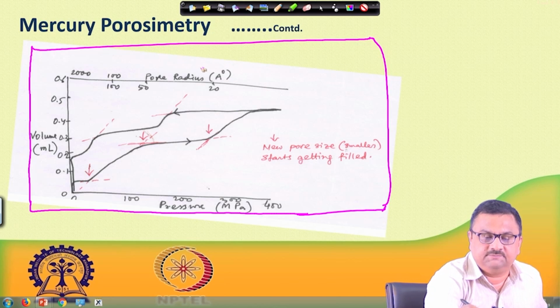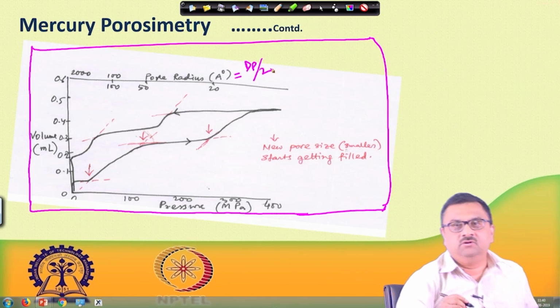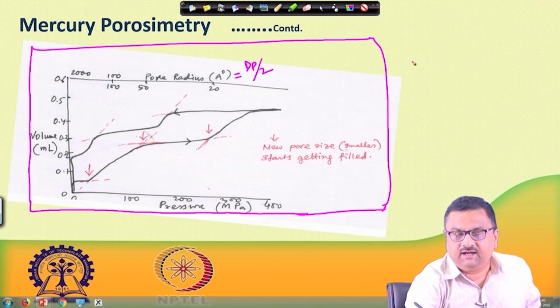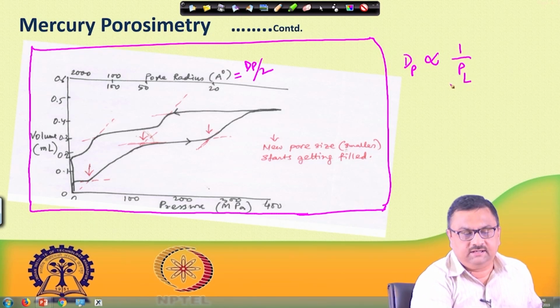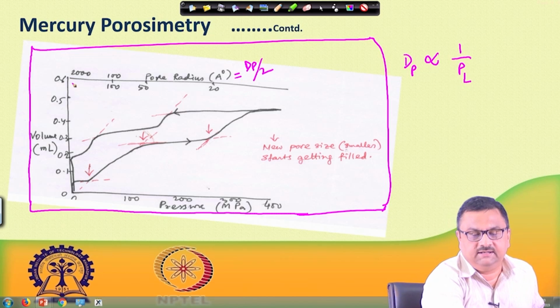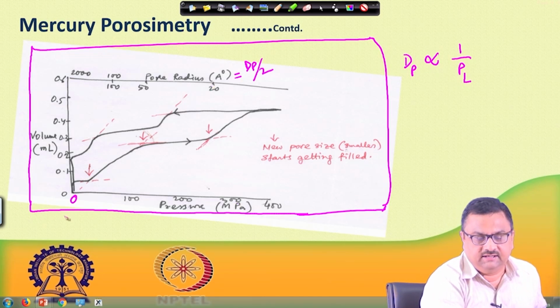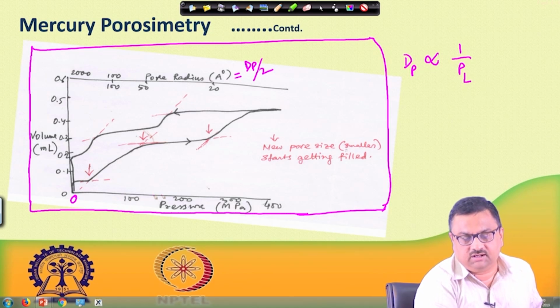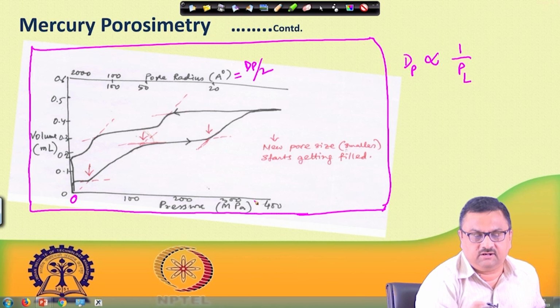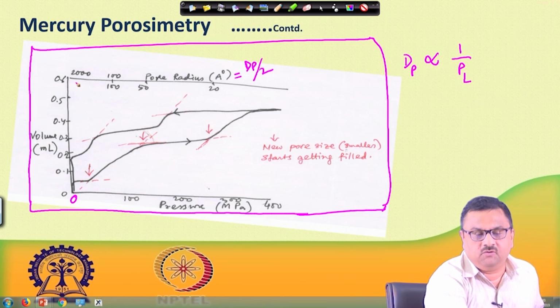The pore radius is basically dp by 2, and we have already seen that dp is proportional to 1 by PL. So as the pressure increases, dp by 2 decreases. These two axes are synonymous. In this case, the pressure is increasing from 0 to 100 to 200 to 300 to 400 megapascal, with the corresponding pore radius